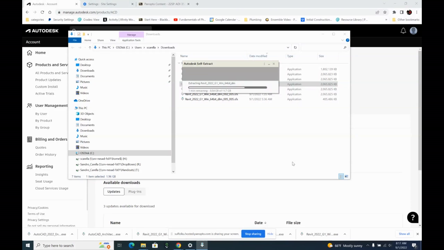It says 1 minute remaining. I'll narrate this: 8 point something gigabytes of 11.7 gigabytes in total. I hope the recording is picking up the screen, but in any case, if you follow the steps,